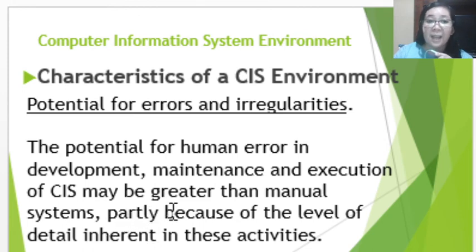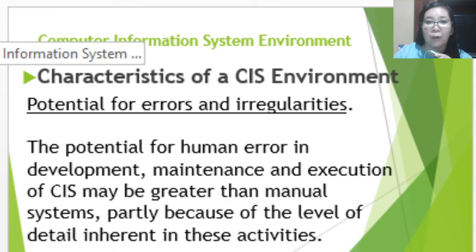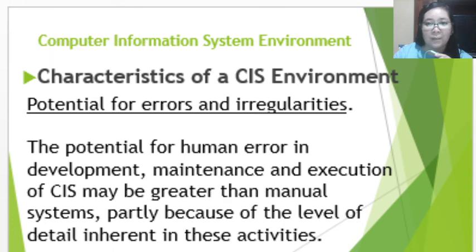This may be greater than in a manual system, partly because of the level of detail inherent in these activities, especially if there is some loophole or other important matter that was not considered in the design of the program, or even in the use of the CIS itself by the employee of an entity. So it may result in errors that will lead to misstatement, or even